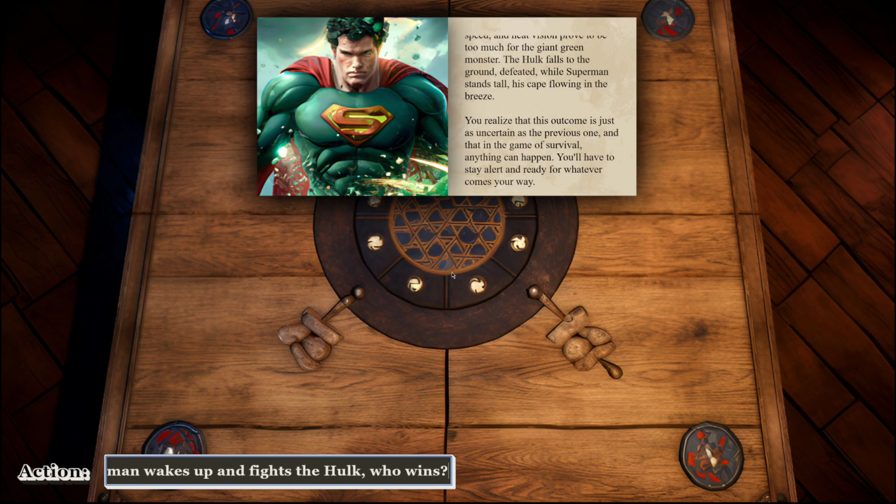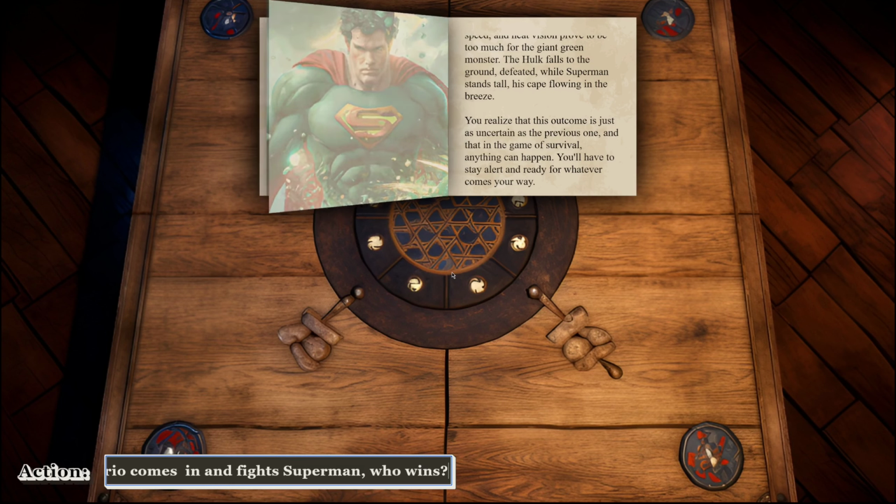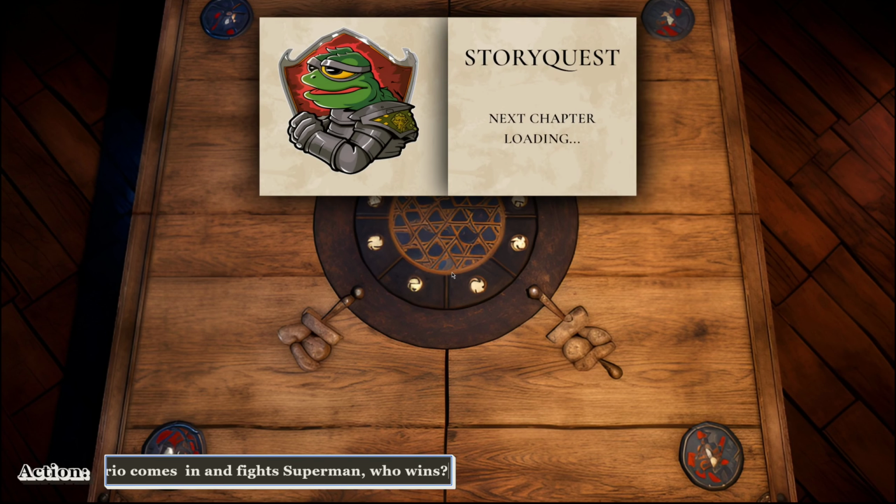But as the dust settles, there can only be one winner. In this case, it's Superman who emerges victorious. Despite the Hulk's incredible strength and endurance, Superman's combination of super strength, speed, and heat vision proved to be too much for the giant green monster. The Hulk falls to the ground, defeated, while Superman stands tall, his cape flowing in the breeze. You realize that this outcome is just as uncertain as the previous one, and that in the game of survival,